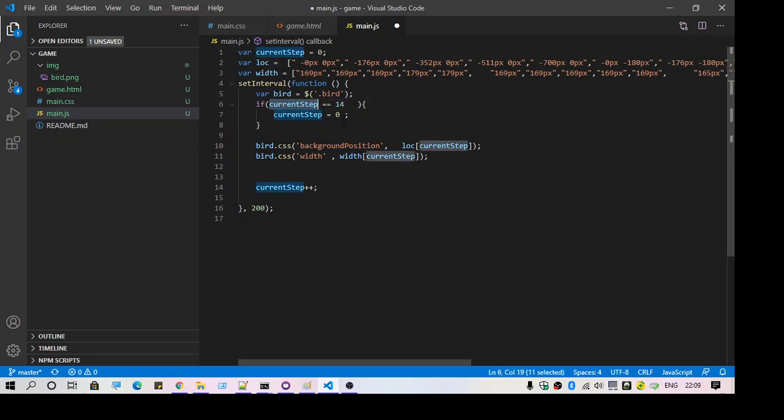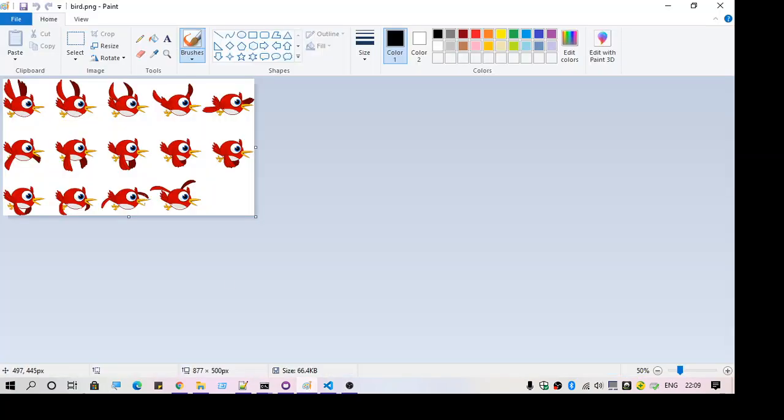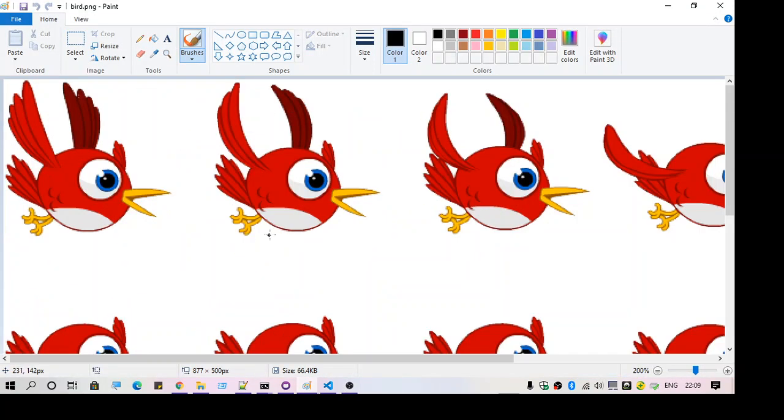For that I have specified the current step as 0, and when it reaches 14, it becomes 0 again, because this 0 is the index, and here is the location. This is a part of the image that I'm going to show. How to figure it out is, first thing is, we'll be starting from the top, and as it goes further, it will be in the minus.